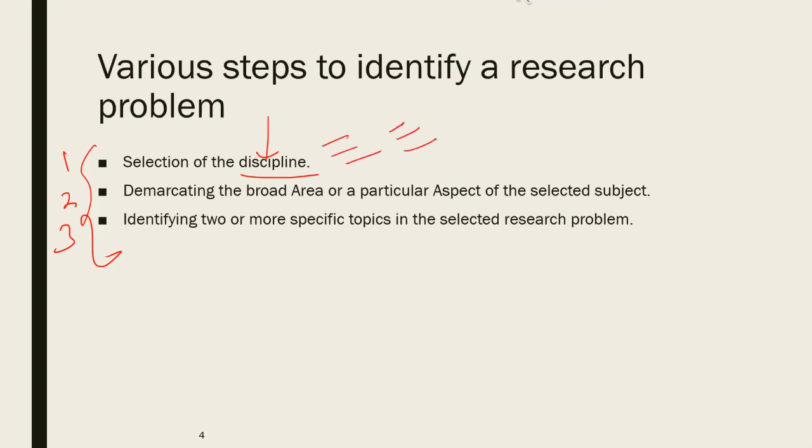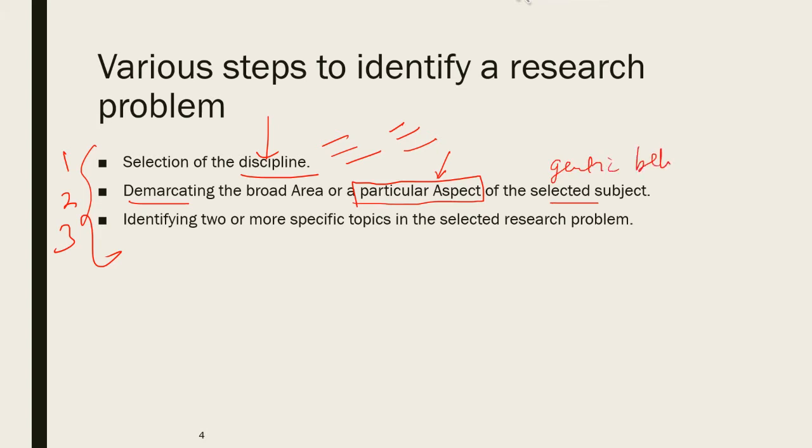Second point, when we say demarcating the broad area or a particular aspect of the selected subject, what do we mean by this? Basically, here the researcher must select a particular aspect of the subject which he has selected. For example, in science, he can select human physiology, human psychology, genetic behavior, or whatever.